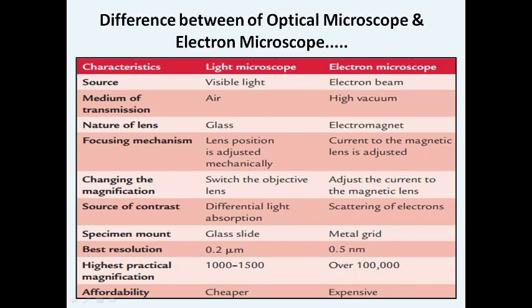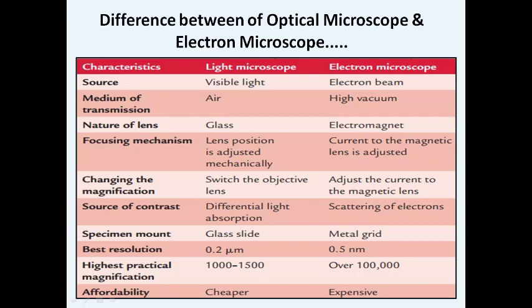Otherwise, we can increase the potential difference between the metallic cylinders, which means the focal length of the electron microscope will be varied. Regarding the manipulation factors, in a light microscope, you have to switch off the objective lens. It is hard to change the objective lens when we want to change the manipulation factor of the object or the system. Whereas in an electron microscope, if you simply adjust the current to the magnetic lenses, you can definitely increase the manipulation factor without adjusting any more equipment by mechanical means.